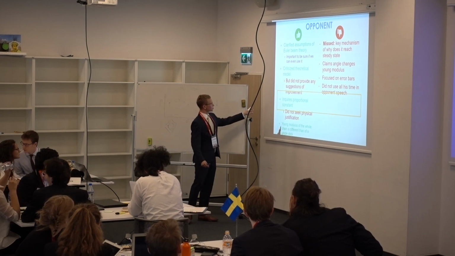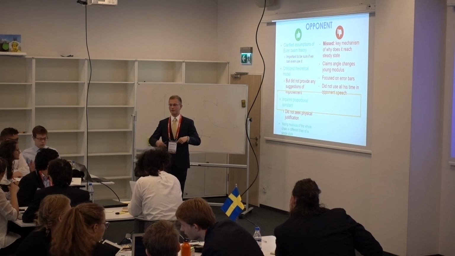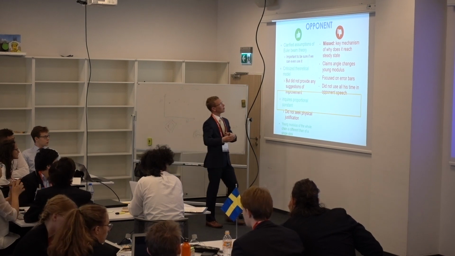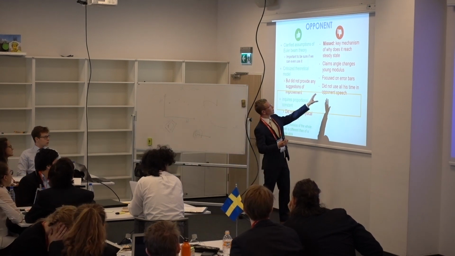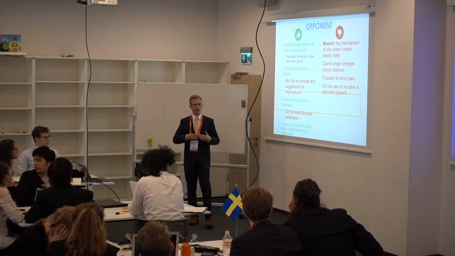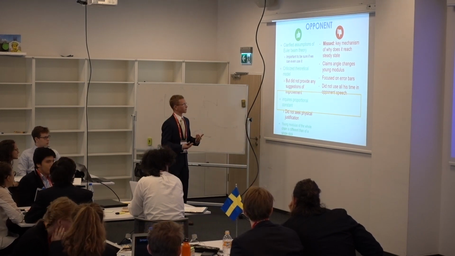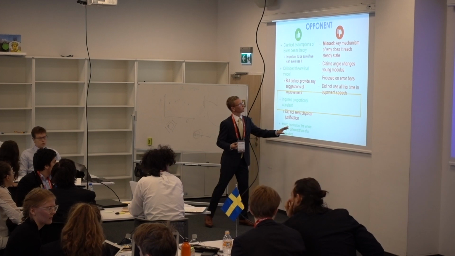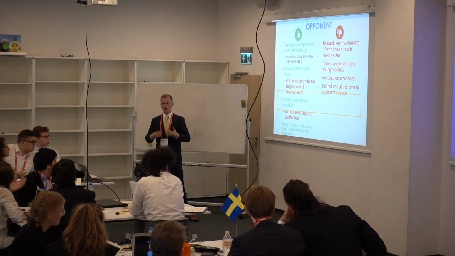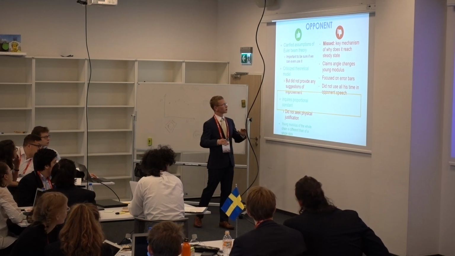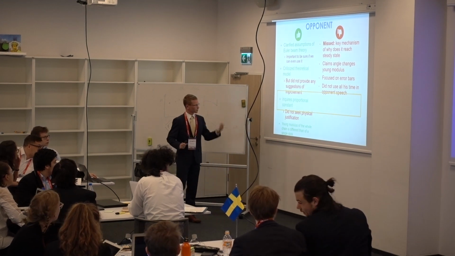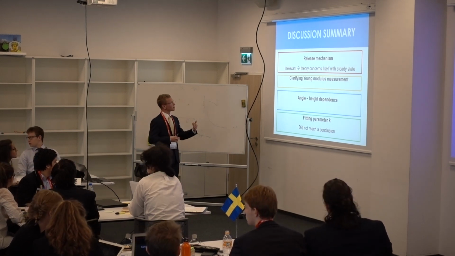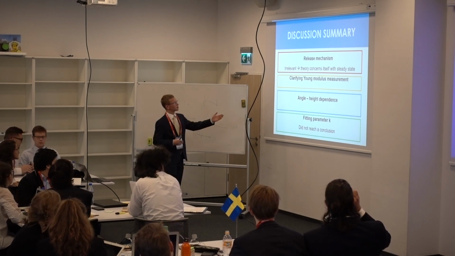Nextly, they were inquiring into the proportionality constant, but they did not seek any physical justification. What they completely missed also was that they claim the angle changes the Young's modulus of the sticks, which is, well, trivially wrong. Also, he could have focused more on the error of the measurement, which he partially did, but did not arrive at any conclusion also. In the discussion, they were discussing the release mechanism, which we believe is irrelevant because theory